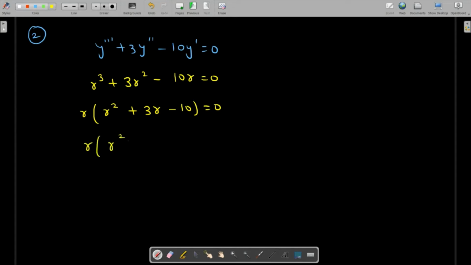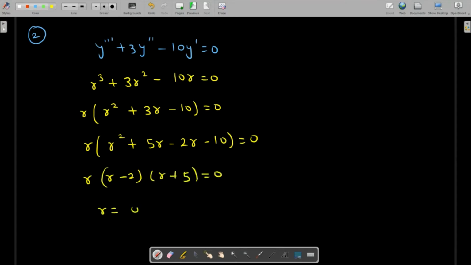Let's factorize this particular expression. So r² + 5r − 2r − 10 = 0. So that's going to look like (r − 2)(r + 5) = 0. So the roots are all distinct, which are 0, 2, and −5. So the final answer is going to look like